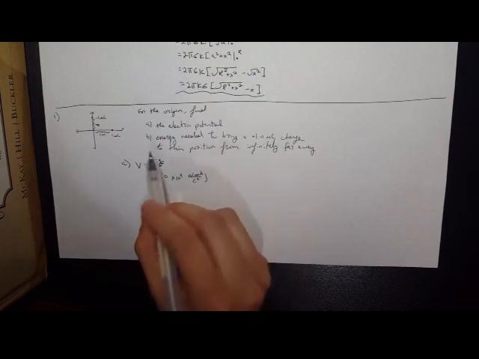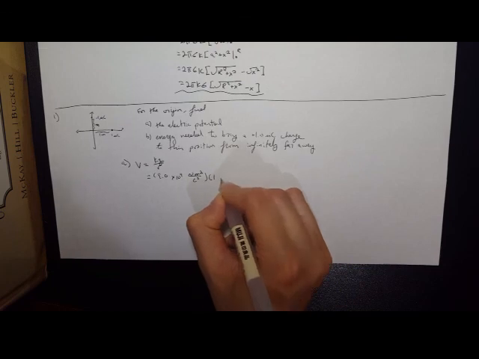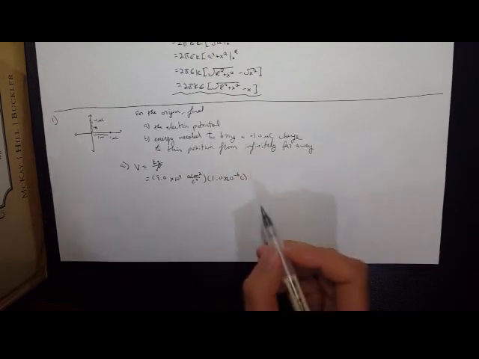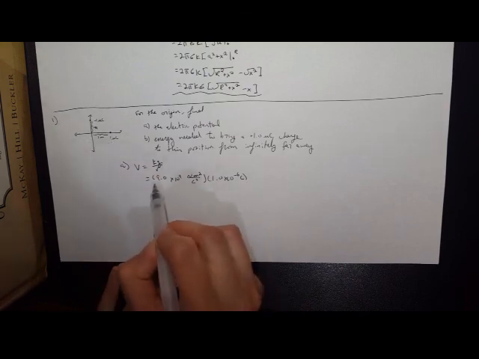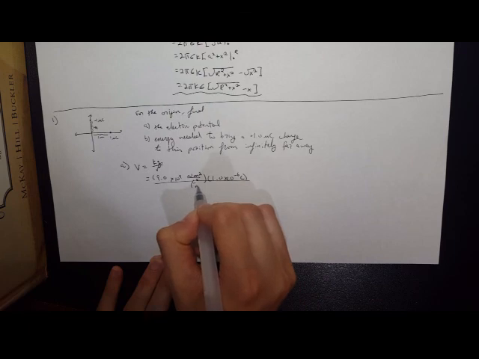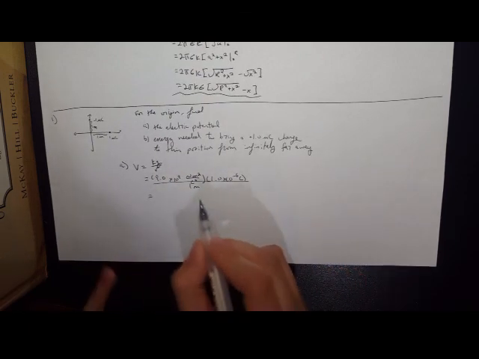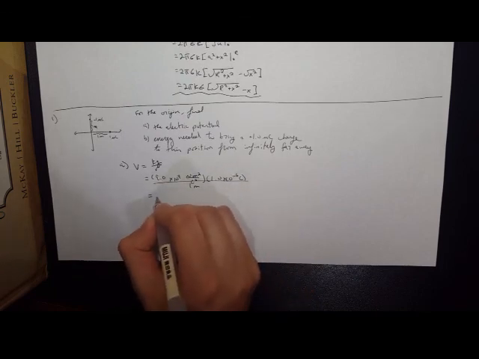We know that Q is 1 microcoulomb, and the distance from the charge to the origin is just 1 meter. So this is pretty simple math here. We end up with 9 times 10 to the 3rd over 1 meter, which is just